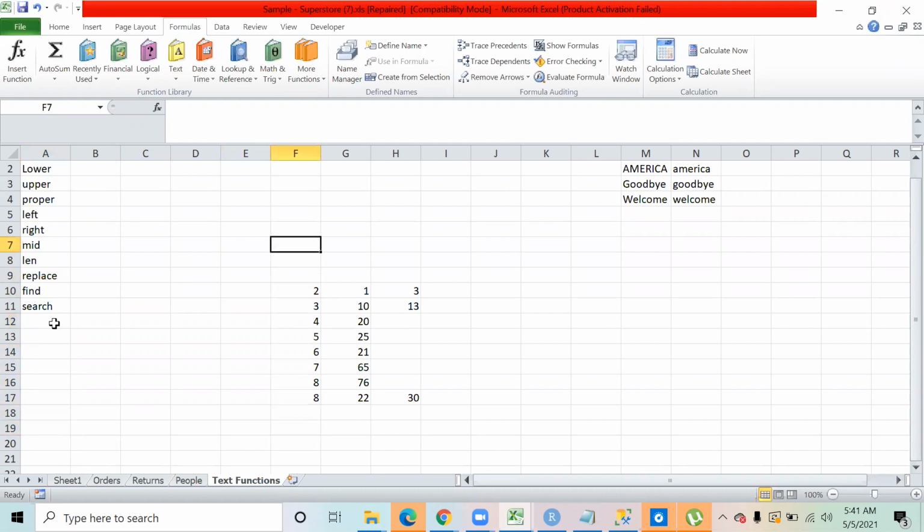And when we go from left to right, my row number doesn't change, my column number changes. What does that mean? If I copy this cell and paste it over here, I get the output as 4. Why 4? Because when I copied, the formula was F10 plus G10, but I have pasted it on the right side, so I just moved one step. F became G, G became H. So it is G10 plus H10, and I get a 4 as an output.